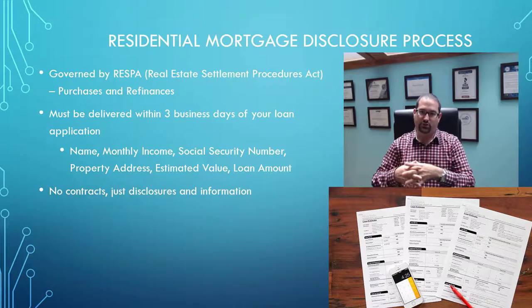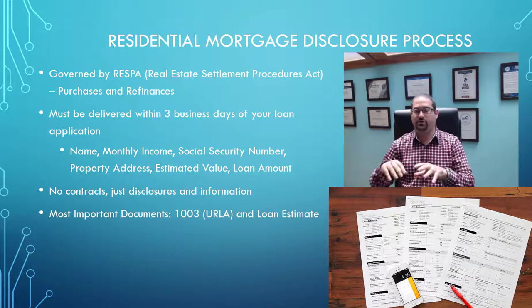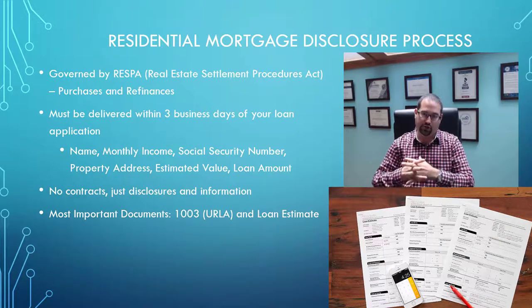They're just informational for you to understand the loan process a little bit better and what goes into it. So don't get all bent out of shape thinking that you're signing your life away or you're committed. These are just the disclosures and information part of the process. The most important documents in here, and the ones that you will want to pay close attention to, are the